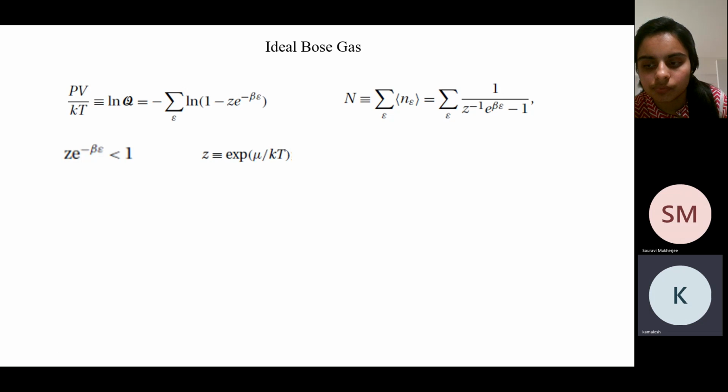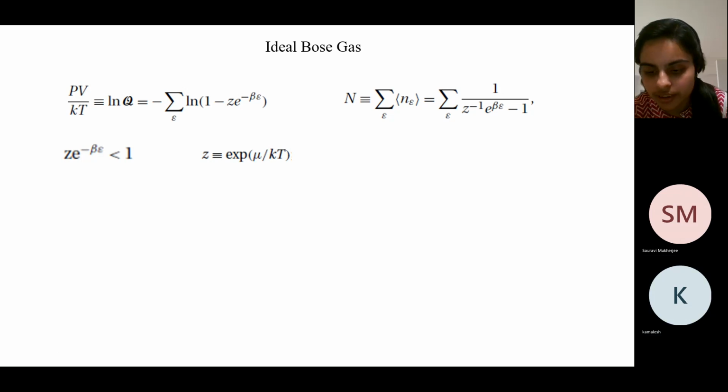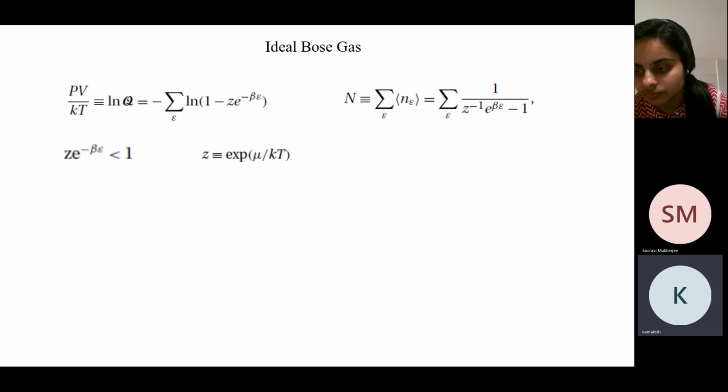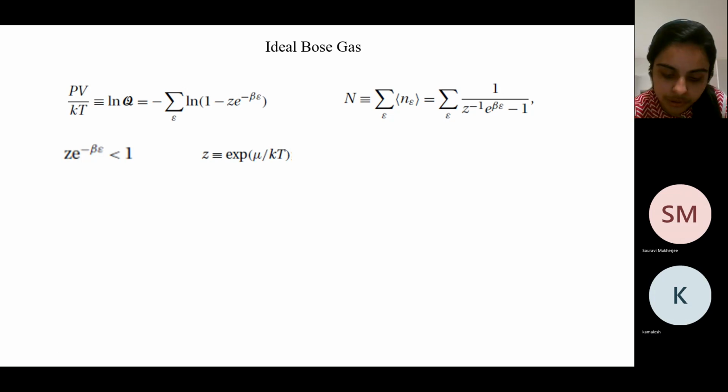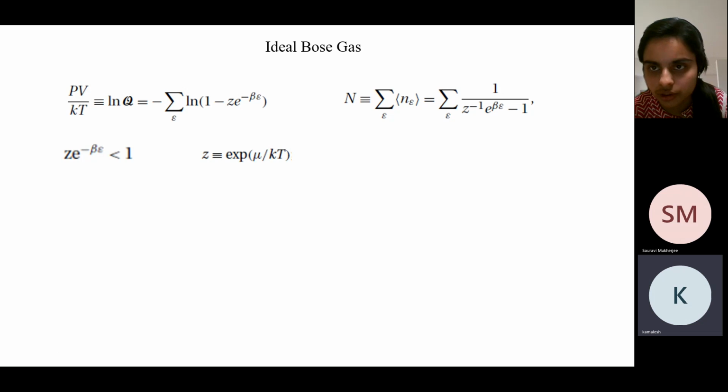From the ground state to all the states. Right. So the ground state is the minimum energy. That means if mu is less than the ground state, mu is less than all the energy states, right? So this tells you that mu should be less than the ground state of your system.